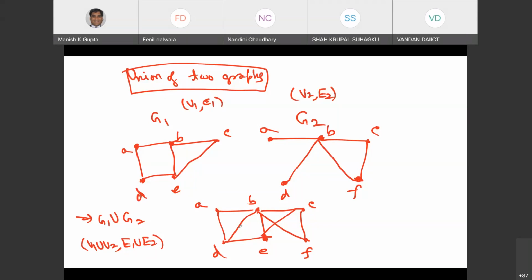Now I'm going to give you 3 very important representations for graphs. I cannot keep on drawing these kinds of pictures on paper. If I want to deal with them algorithmically or through computer programs, I require some sort of data structure. How do we store these graphs? There are different ways we can do this, 3 ways essentially. So I'm going to give you representations of graphs. The first one is